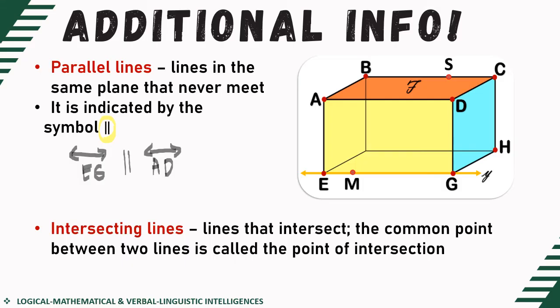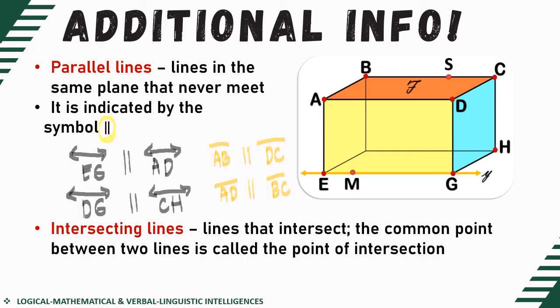Another example, let's say we have line DG is parallel with line CH. You can have that one, or you can also have a segment. You can use that as well for segments. Line segment AB is parallel with line segment DC. It's still correct. Or you can have line segment AD is parallel with line segment BC. Either way, these are all correct.